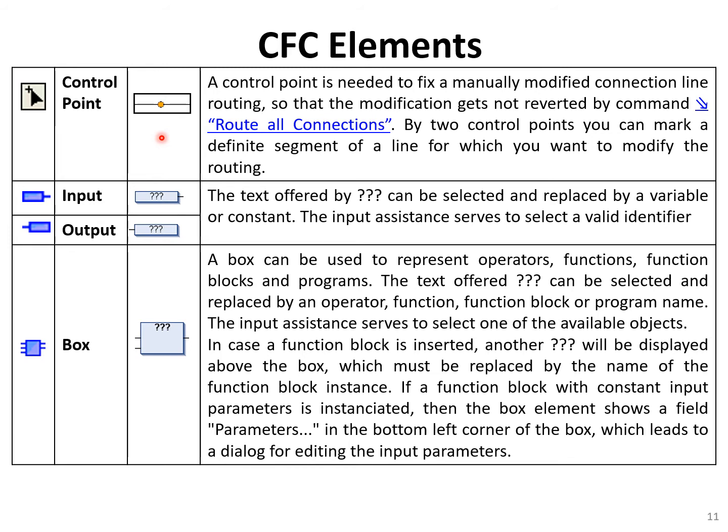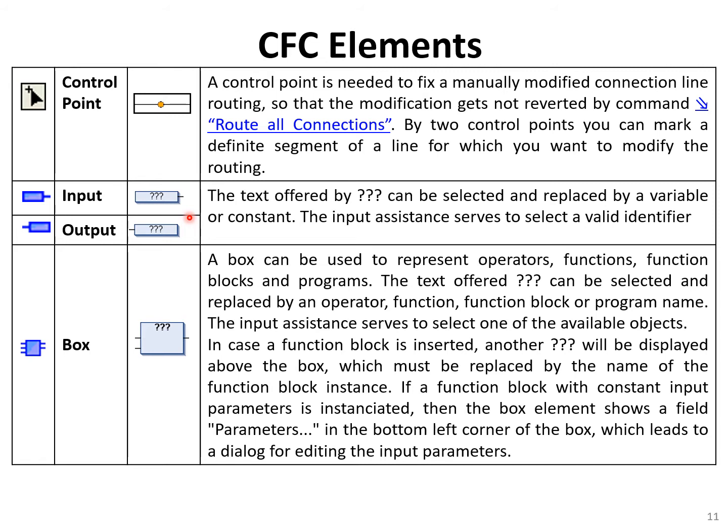So basically you select the input output points and you will do some modification. Input box that you could send the inputs variable to your function blocks or programs. The text offered by three question marks can be selected and replaced by a variable or constant. The input assistant serves to select a valid identifier. So you click, it will turn to blue. You will see those three dots, and then from three dots you select your input output variables from the input assistant. So you need to already